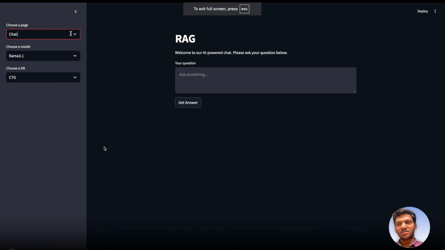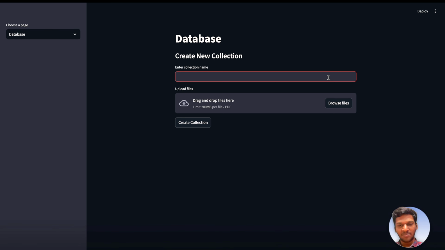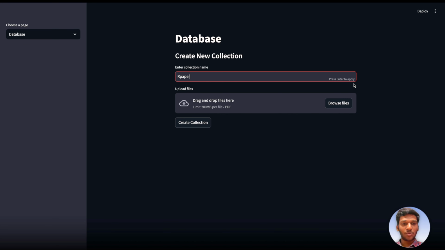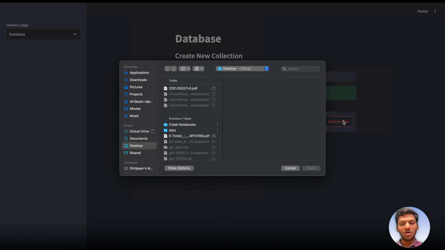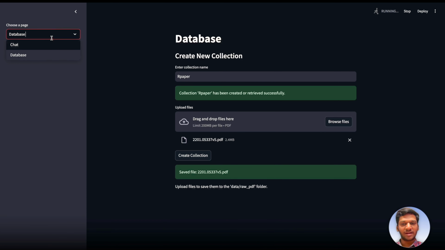Initially there is a chat mode and a database mode. In the database mode, you need to enter the collection's name, and once the collection name is entered, we can upload the PDF documents we have. Once the documents are uploaded, the collection will be created and saved as a database file. You can also upload more than one document to a single collection,